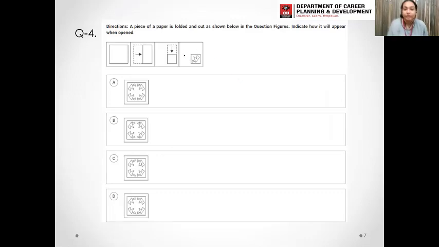Again, we have a paper cutting and folding question. So it is folded at this point. Let's see. We will verify from the options itself instead of drawing. I recommend that when your question is complicated, don't draw the diagram and then unfold it, or draw its mirror image and water image. Just check from the options.